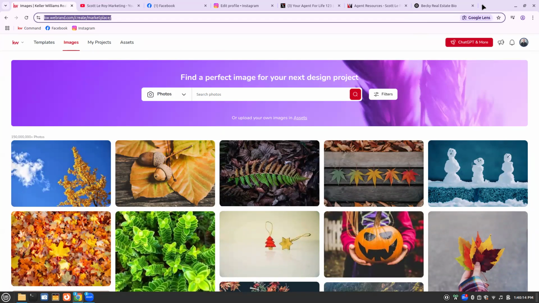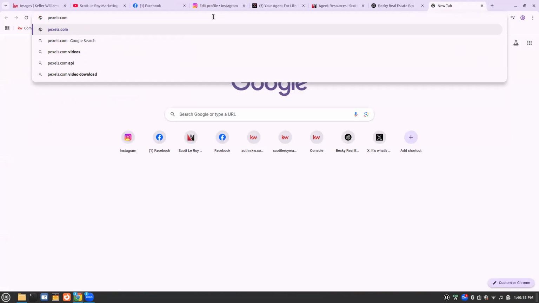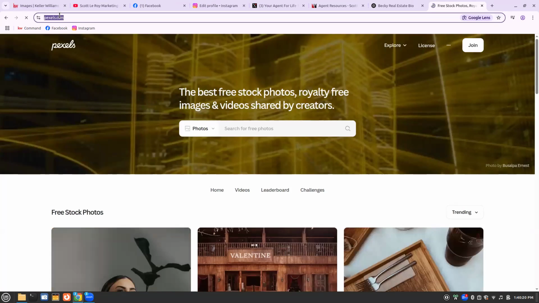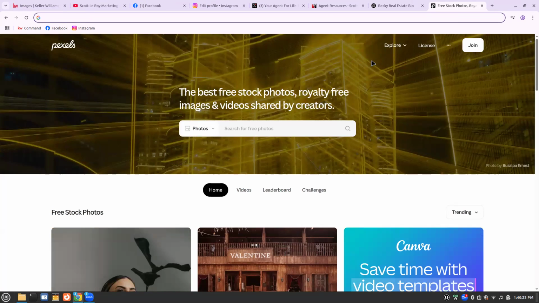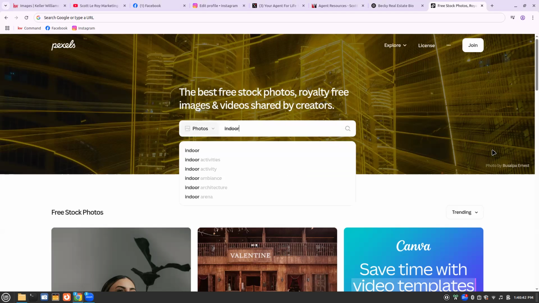So I'm going to go ahead and open a new tab. And I'm going to drop this in the chat for you as well, just so you can see it. There we go. So that is a great free resource. They have a bunch of free stock photos, royalty-free, without watermarks, that you can use for your posts. So again, I'm just going to search